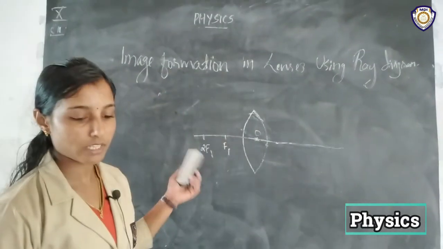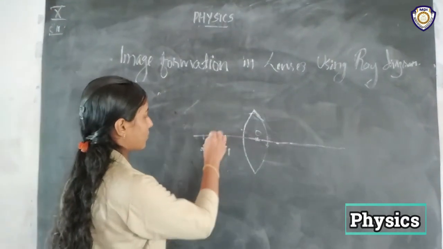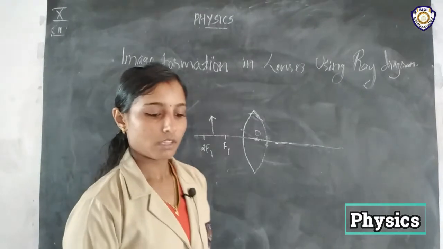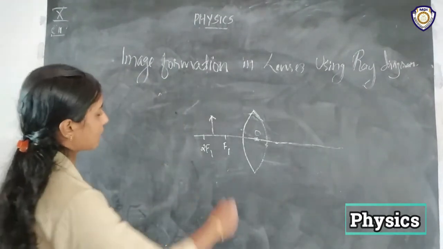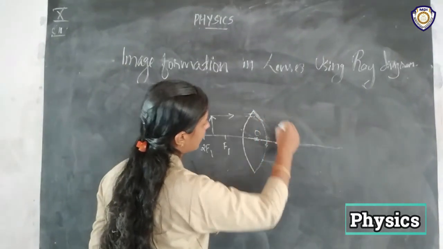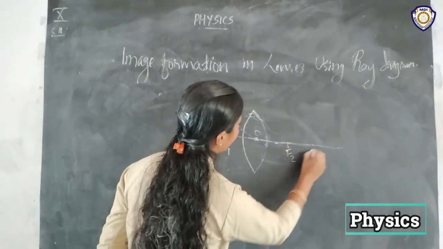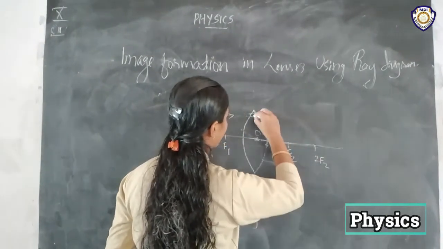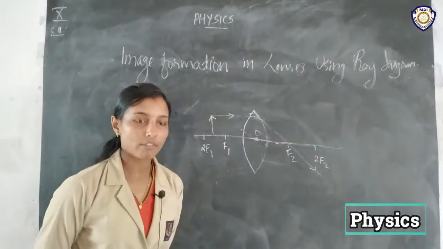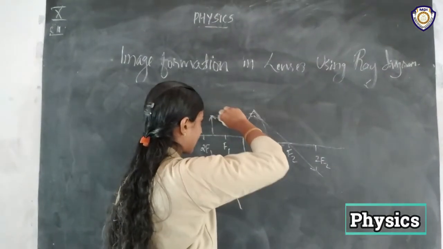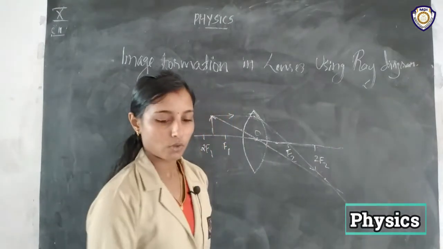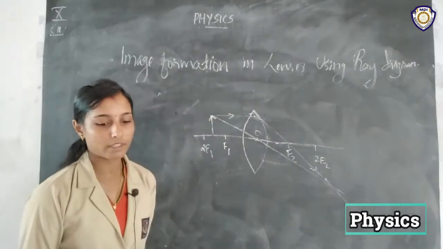Okay. So where the object is located between F1 and 2F1. Suppose it may be here, in between F1 and 2F1. So two rays, we have to consider two rays. One is parallel to the principal axis and it will pass through F2. And one more thing, we have to draw one other ray that will pass like this.